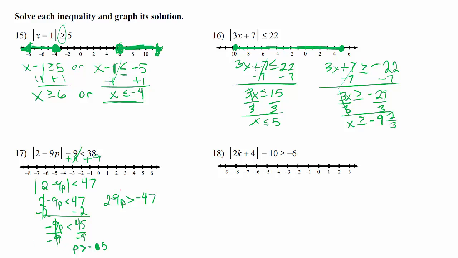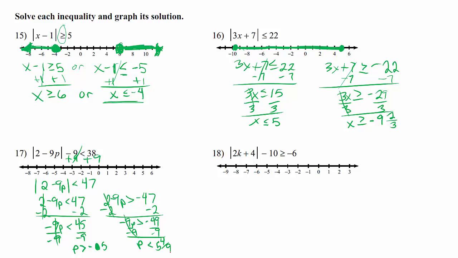And then minus 2, minus 2. Negative 9p is greater than negative 49. Divide by negative 9. This is another mixed number. Flip the inequality. It is positive. 9 goes into 49 5